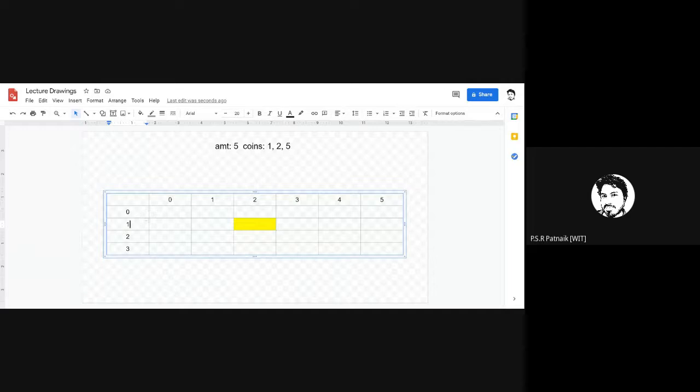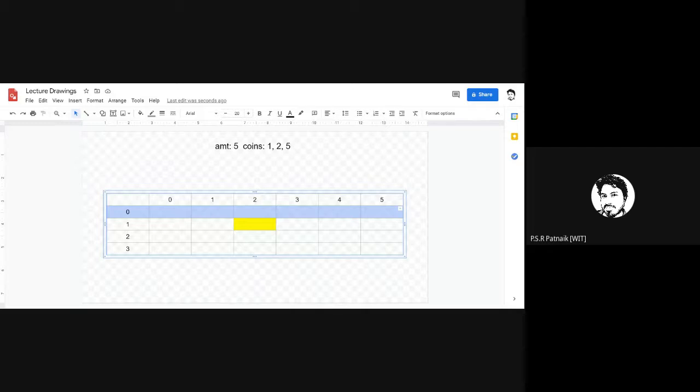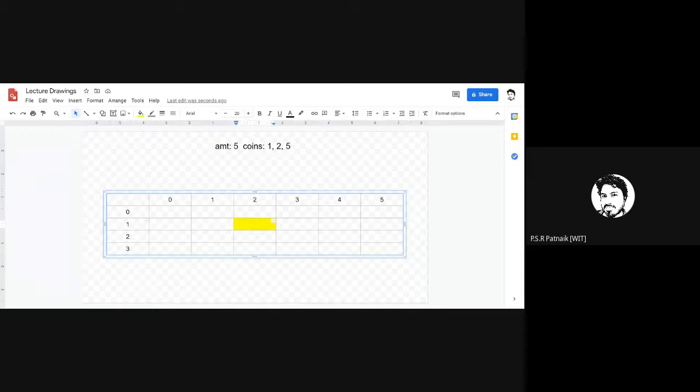I mean, if for the time being we discard this dummy row, what is this indicating? The number of ways I can realize a total value of 2 using the coins I have till 1. Okay, are you getting this?